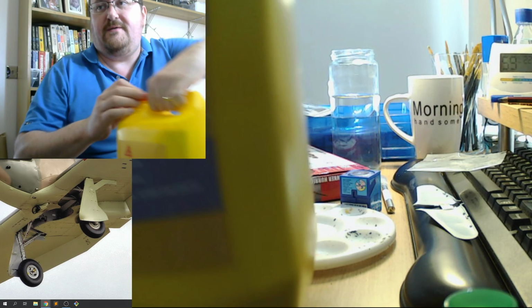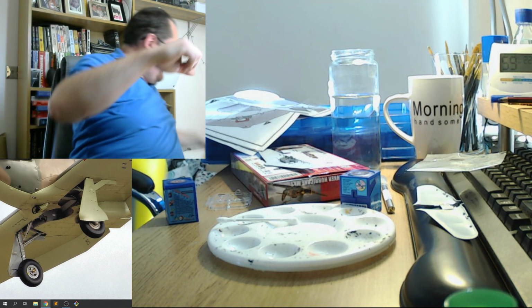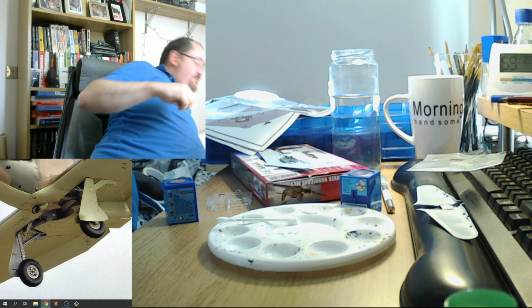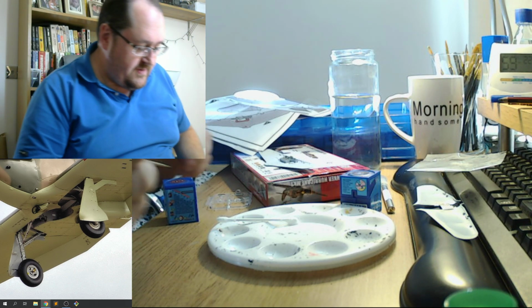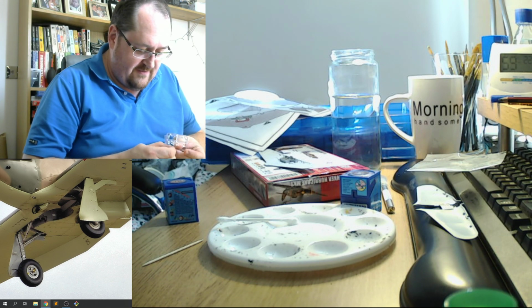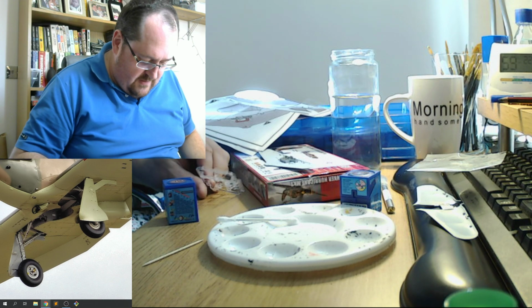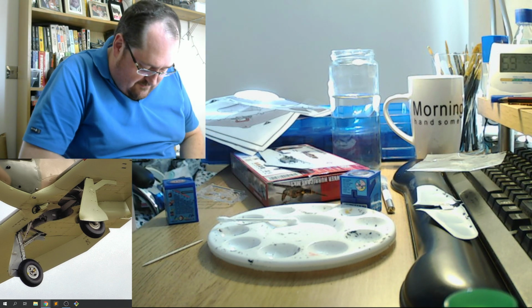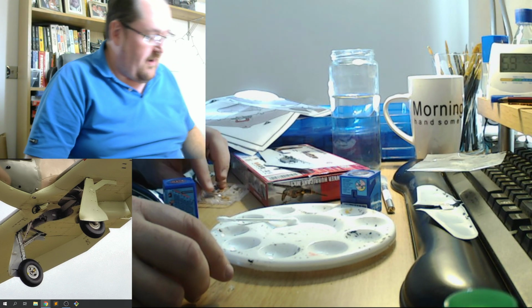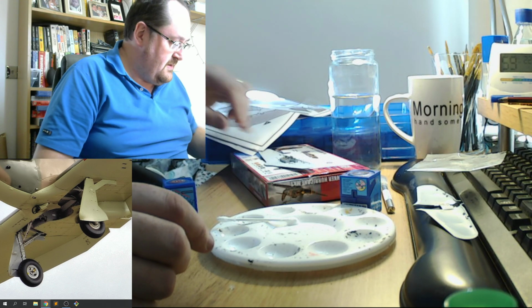Just go into my spot. I'll get a cocktail stick as well. We'll just prepare the item. Now I can just lift it off, it doesn't really matter how it comes off. Oh, lost it. That's why I am terrible with losing cockpits. So